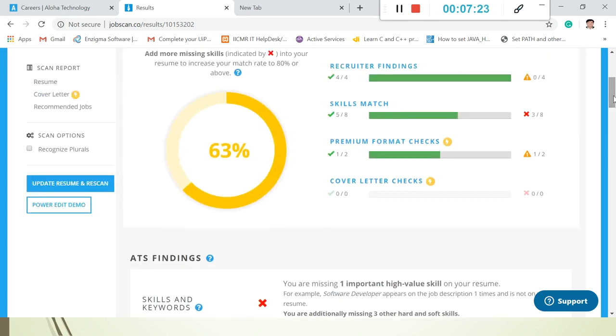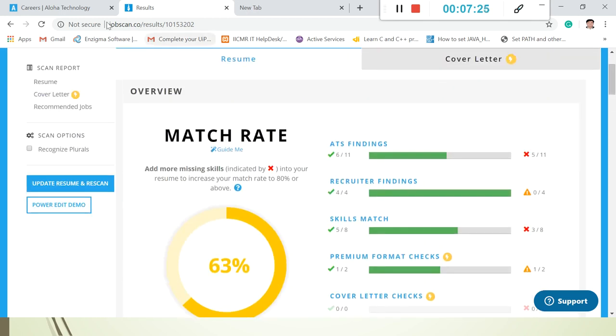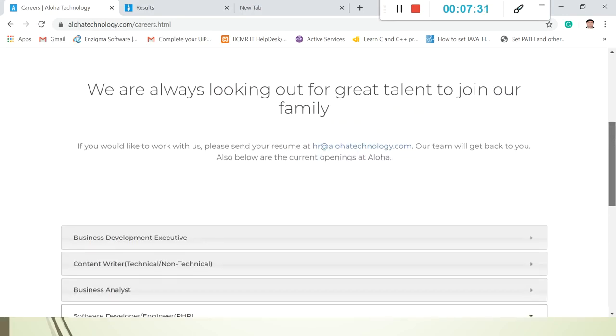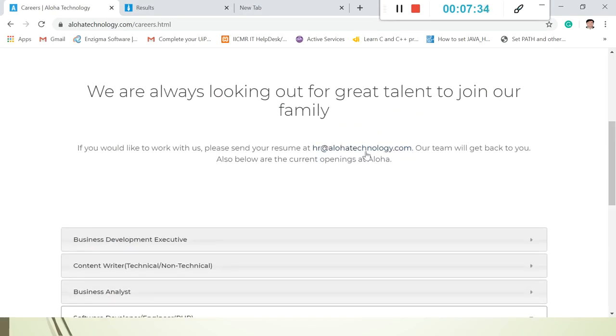So if the student sends the resume to this particular email ID without making the changes, then the chances of resume selection are reduced.